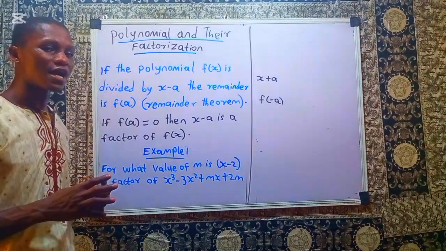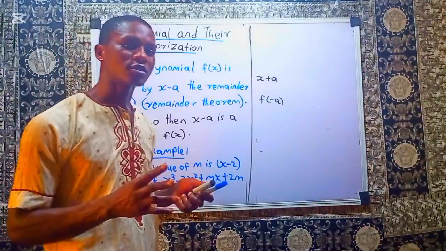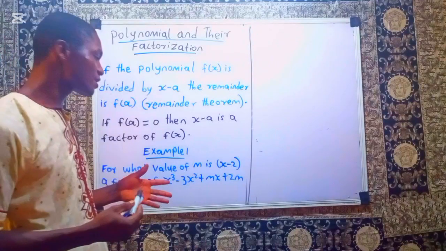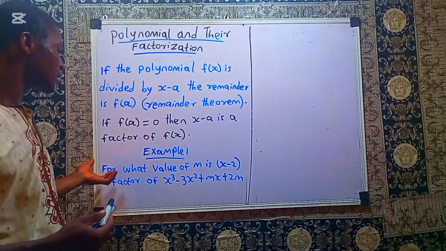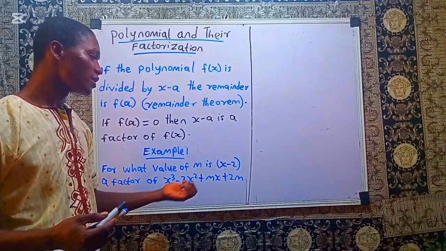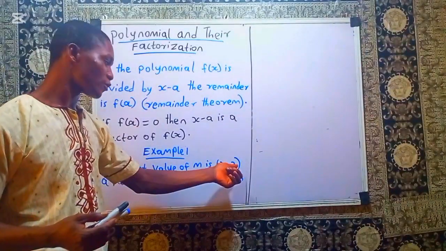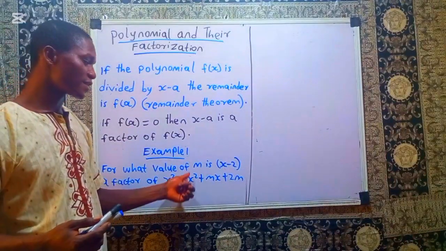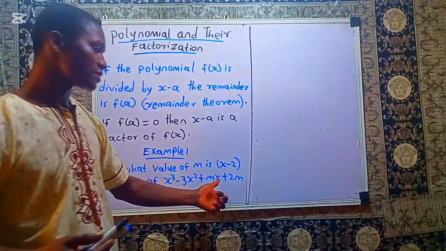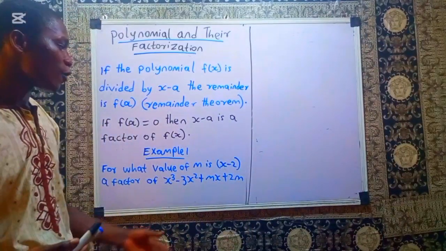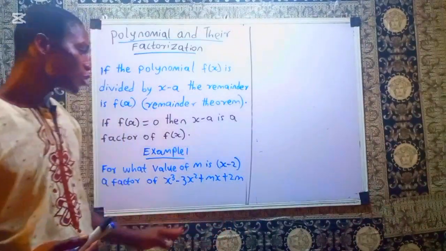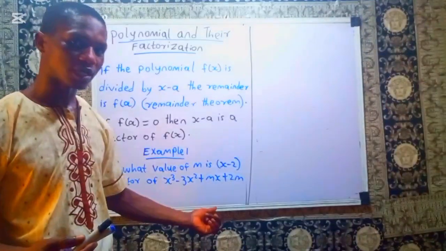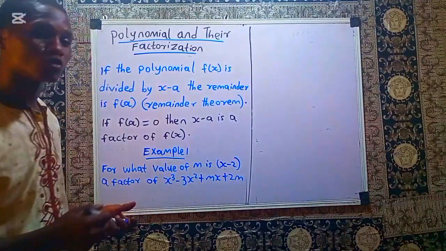So we are going to look at how to solve problems based on the factor theorem and the remainder theorem. So the example we have here, which is our first example, they ask us for what value of m is this quantity x minus 2 a factor of the polynomial x raised to power 3 minus 3x squared plus mx plus 2m. So we are looking for the value of m, so that x minus 2 will be a factor of this polynomial. So the first thing we are going to do is to